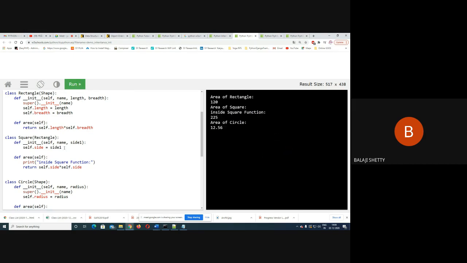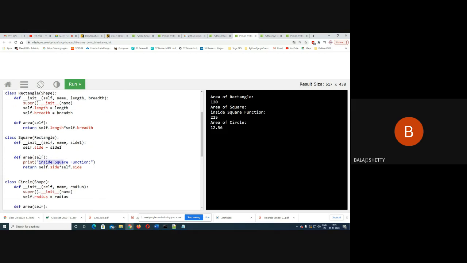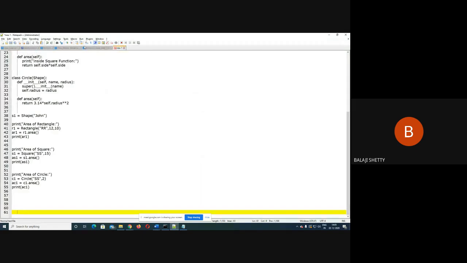Understood what happened? In the previous case, I was using the base class area function which was calculating the area of a square. Now here I define my own data member of name side. Here I am not calling the base constructor, and here inside the square function, return self.side times self.side. Okay, let us copy the code, paste the code, and here